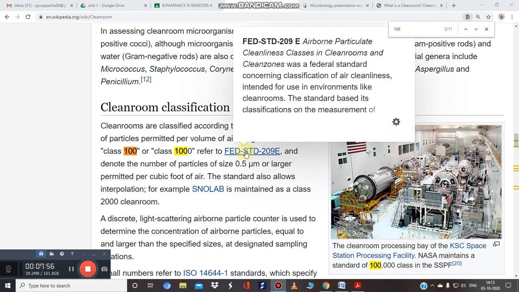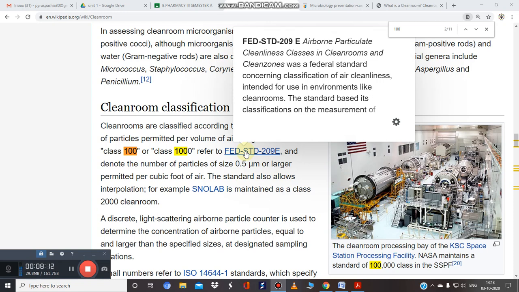Just see this. So what is meant by FED STD 209E? This is nothing but the airborne particulate cleanliness classes in the clean room, and it was a standard.